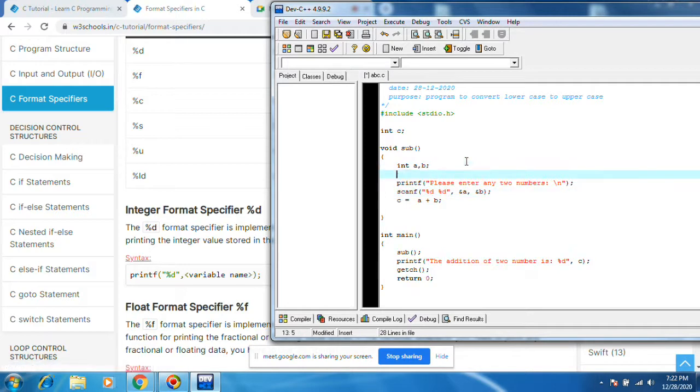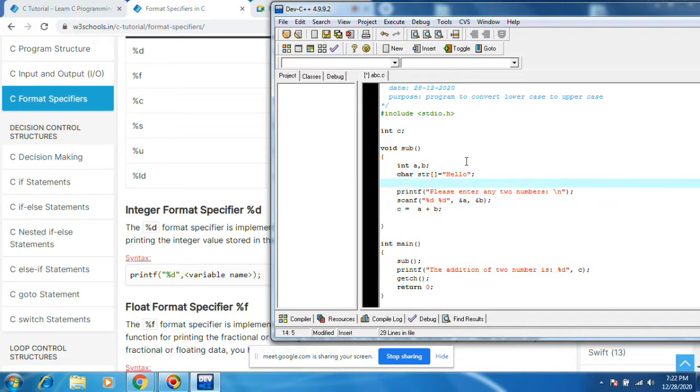Suppose something like char str equals hello. Then how to print this? printf %s str.